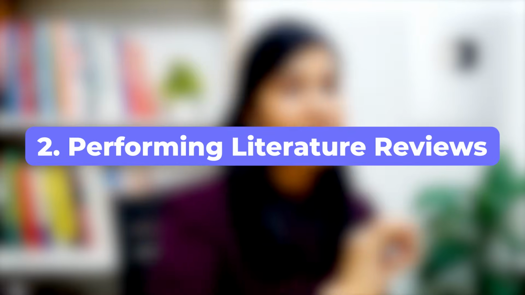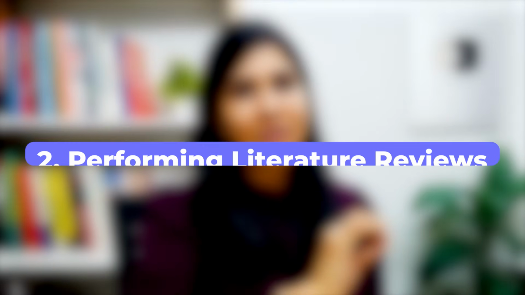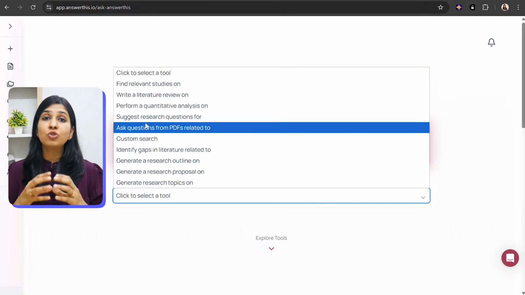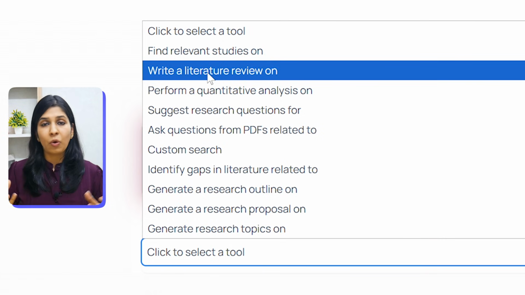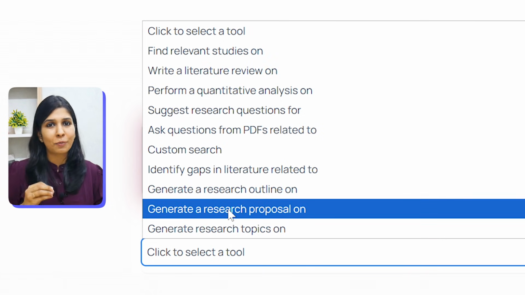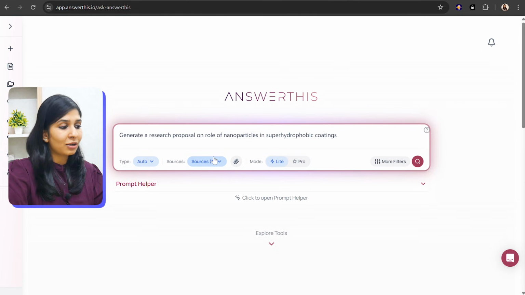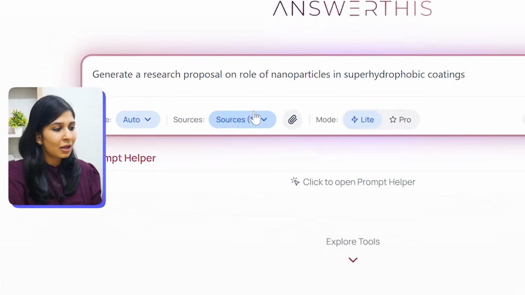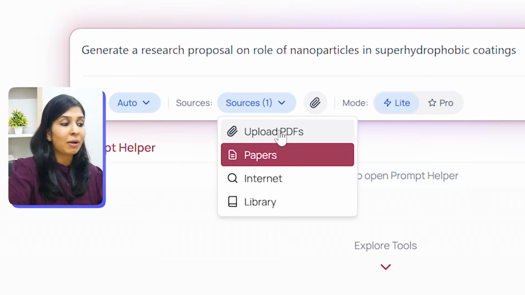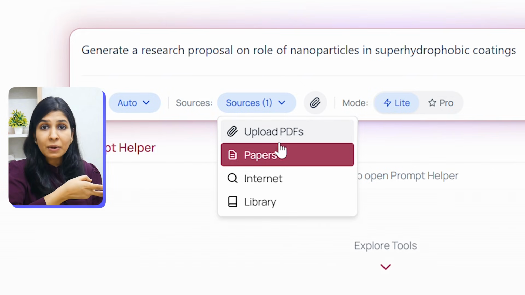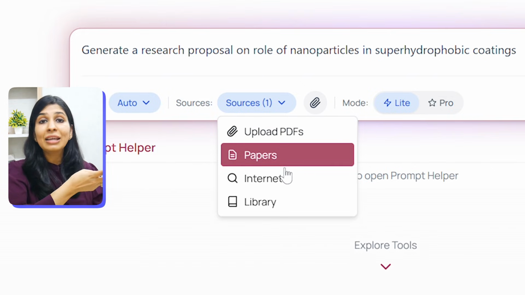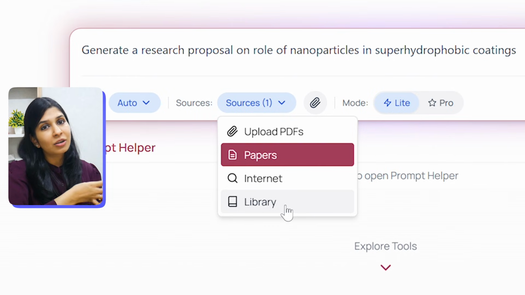Now the second task is performing literature reviews. Here I can ask Answer This to generate an entire literature review on a topic or even a research proposal. Now the interesting part is that I can set the source. So basically whether it should scan my uploaded library, the papers that I'm going to add right now, the internet, or journal articles only.